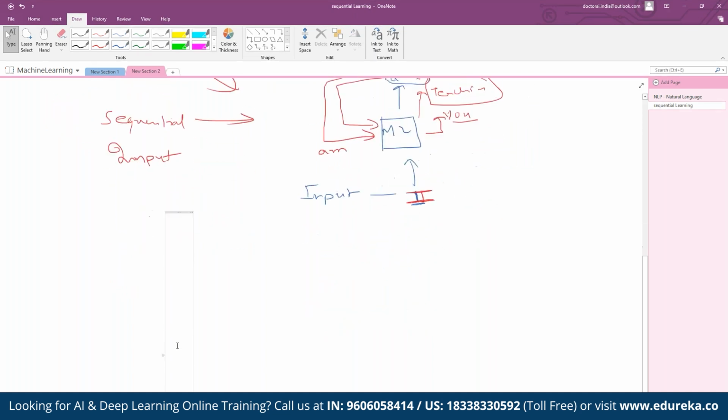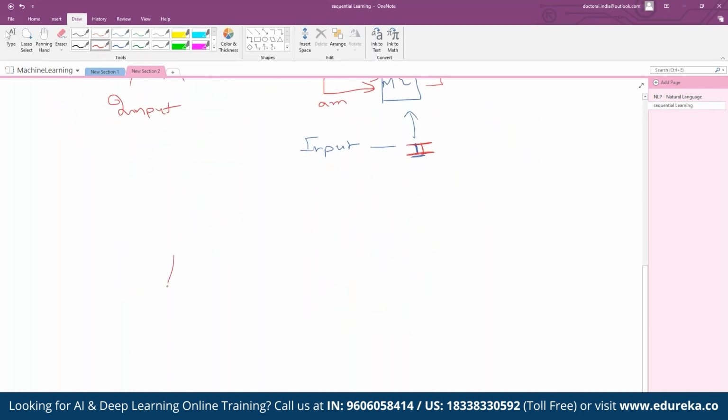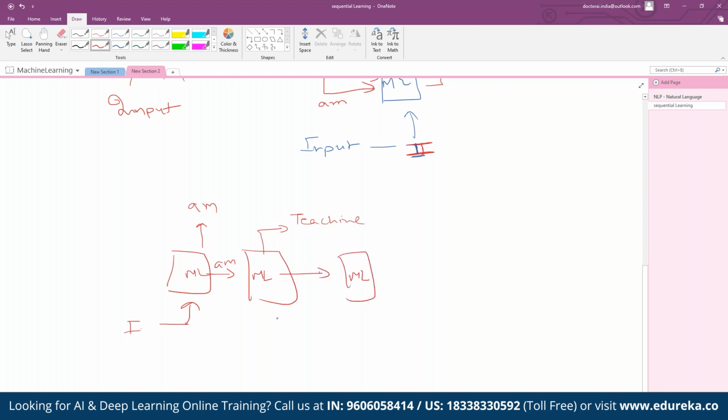Let me scroll down. This is how the machine learning model will look. You are inserting "I", and that information goes into the next tab, which predicts "am". The next machine learning model will take the input of "I" and "am" and predict "teaching". Now it will pass this information to the next machine learning model, which will predict "you". So this information we have to keep on giving to the machine so that it can predict